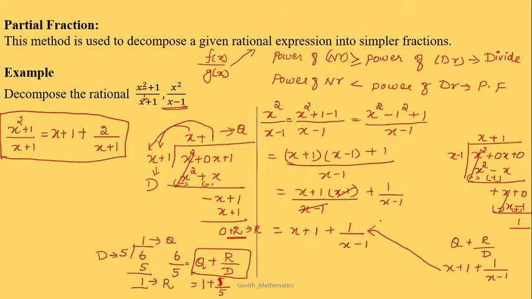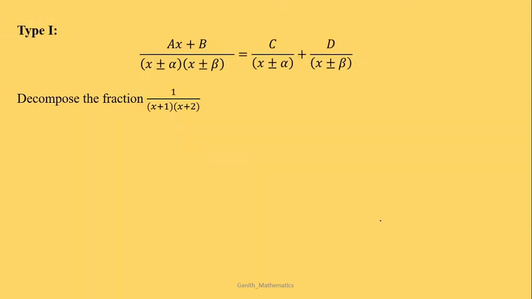Now we are going to see partial fraction type 1. In this particular type, the denominator is the multiplication of two factors of power 1. See, the power of x is 1, and these two factors are in multiplication. Either it can be in plus or it can be in minus. In such a case, you have to consider the addition of two fractions. That fraction I am considering as c by x plus r minus alpha, and d divided by x plus r minus beta. See, the factors which are in the denominator, I am separating with addition. That is our main motto.